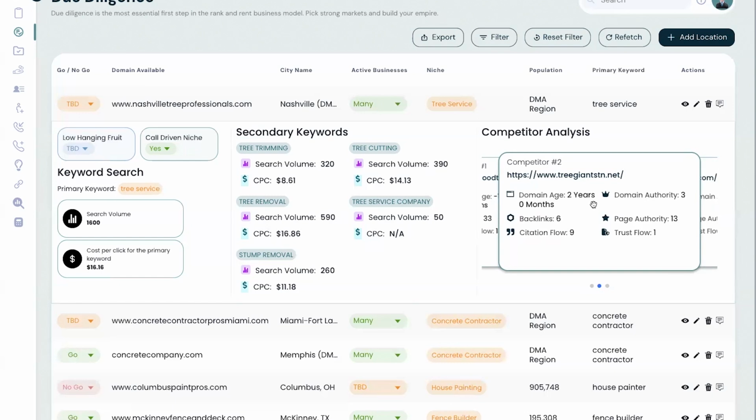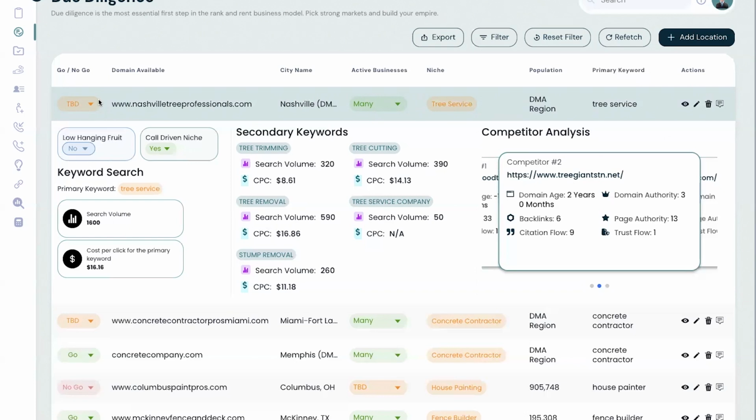Nashville's a pretty big market. You got to be able to throw some money at it if you're doing ads. I would not say that it is low hanging fruit. Doesn't necessarily mean you don't go into that market. I mean, there's other factors than your own strategy you got to make a decision on. But we did the due diligence in a minute or two, so we can make a decision, move on, or move forward however we want to. 100%. And I think we should make another video in the future on how to interpret the data, right? Like what it means.